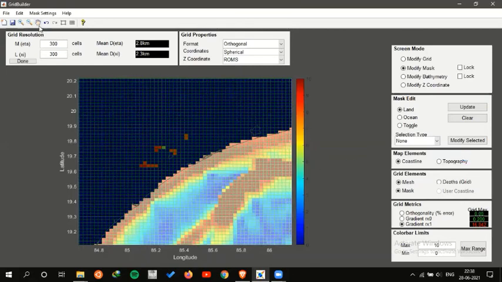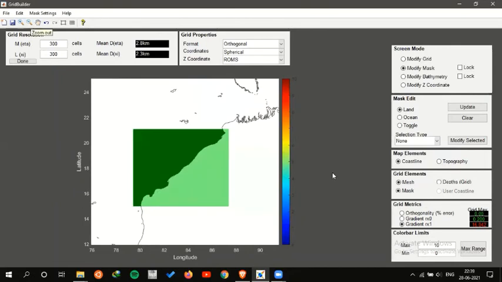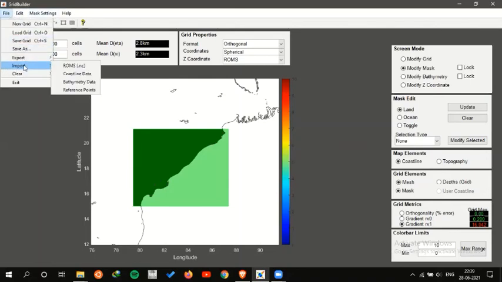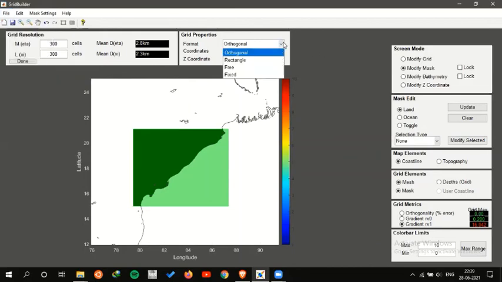So what we will see is we will slightly zoom it out, and then we will do it. Also, you can play with other parameters. You can input your own coastline reference points, or you can also have a different format of the grid, a rectangular grid, or if you don't want a rectangular grid, a free grid with a trapezoidal grid or a circular grid, or a fixed grid that cannot be modified in future. You can play with all these parameters here. Also, you can change the coordinate type to spherical or Cartesian or any other form.